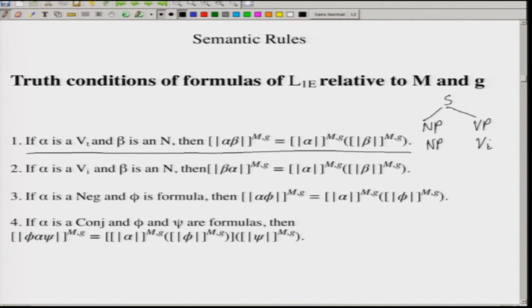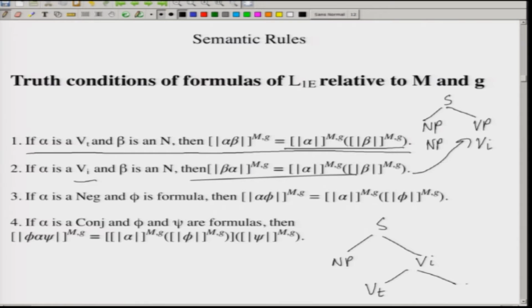This is the rule for the subject plus predicate, and this corresponds to this. For example, you have a structure like S goes to NP and then VI always, but then here you can have VT and then another NP. So, the first rule, rule 1, is about this construction, and rule 2 is about this construction. This is common to all sentences, because finally